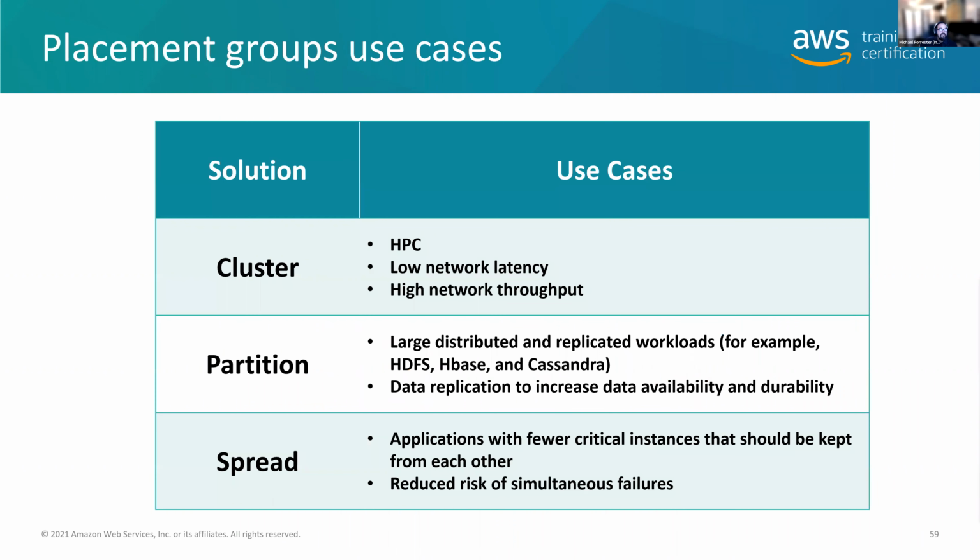So in summary, cluster brings everything together in the same box in the same availability zone. Spread moves everything out into different availability zones on different physical hosts. Partition does this weird amalgam where it puts everything in the same availability zone, but pushes sets of boxes onto different hosts. So remember that a partition placement group creates these partition sets, and those partition sets can then be separated onto different physical hosts in the same availability zone. Remember that spread is the only one that maximizes high availability. Partition and cluster do not maximize high availability.